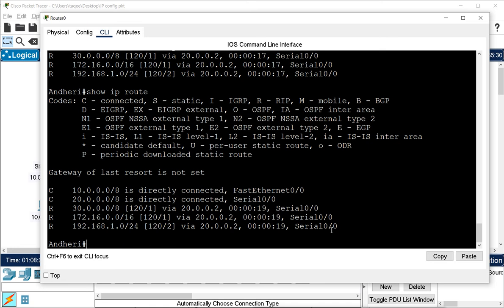This is actually the update timer. So once the routing table is created, you see after 24 the timer goes back to 0. So it is actually 30 seconds that is the timer.